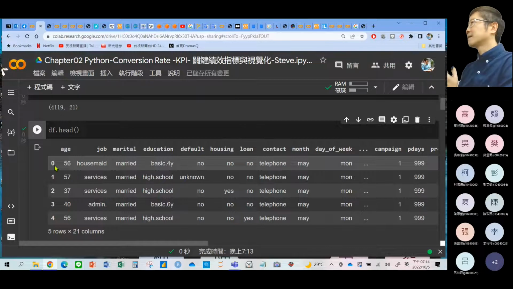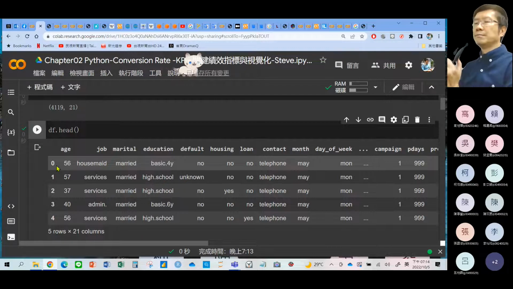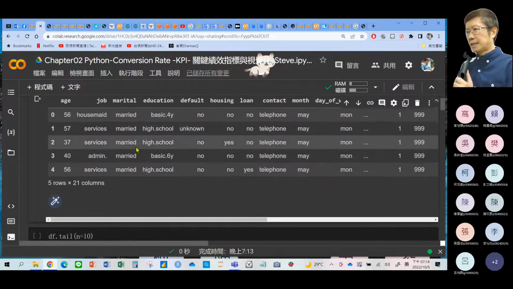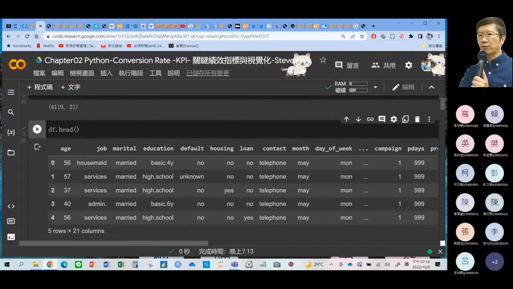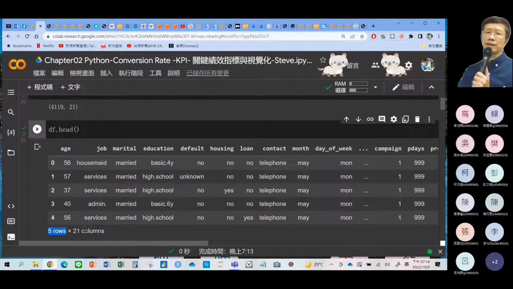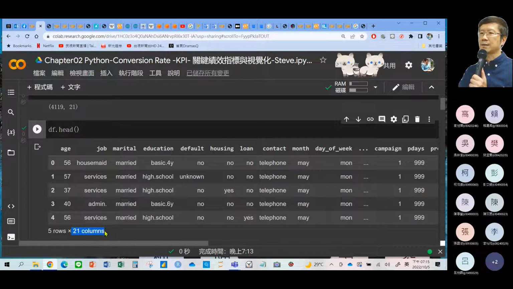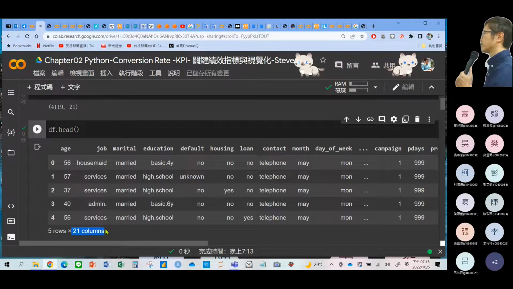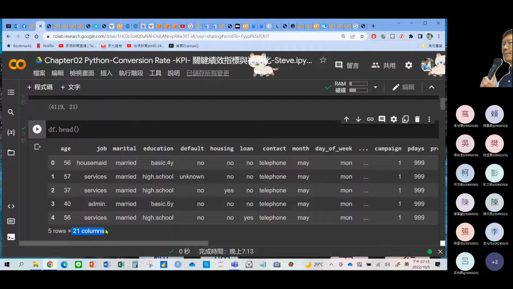For the Python index, it always starts with 0. 这个 Python 的 index 它的索引是从0开始。If you are familiar with R language, the index starts from 1. Okay, that's a little bit different. So you can show the first 5 rows with 21 columns, 21 variables. 好，记得了吧？